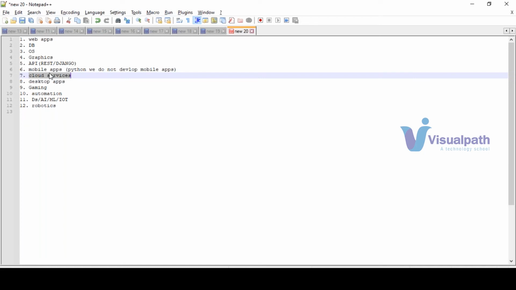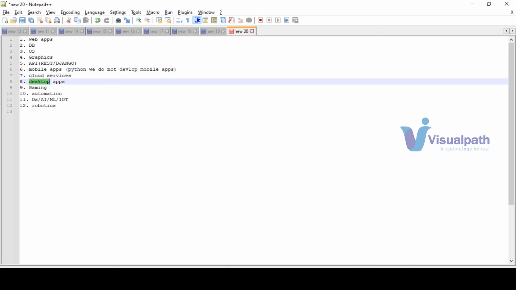In those places also we need some programming language to write scripts to make some of the things automated, right? So in cloud services and desktop applications, desktop applications are nothing but an application which can run on its own. Once you install it, it will run. For example this notepad itself, once you install, it will start running. It does not have any dependency. Those kinds of applications we call desktop applications.